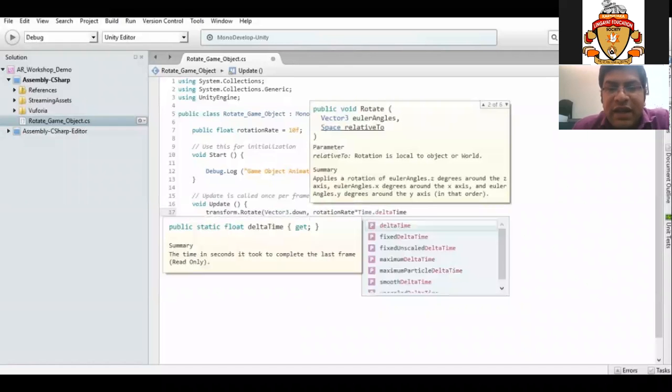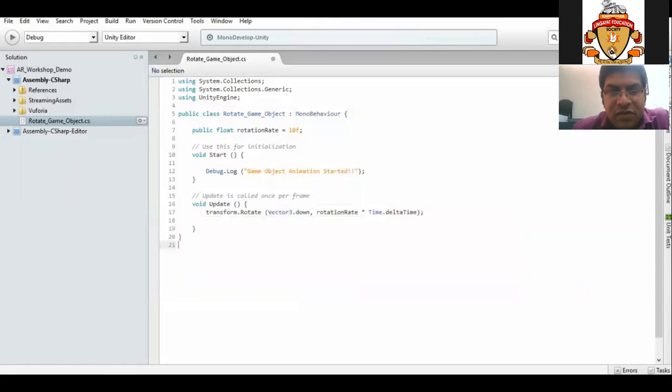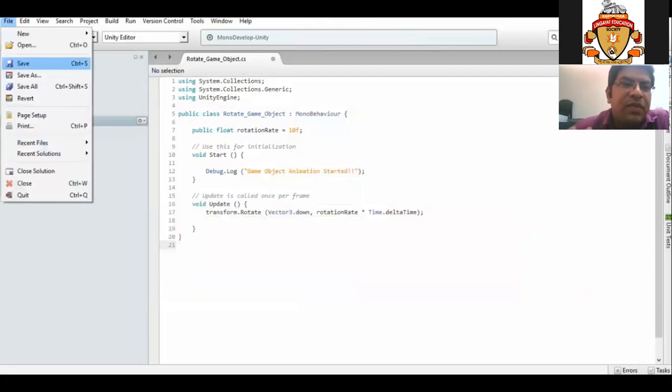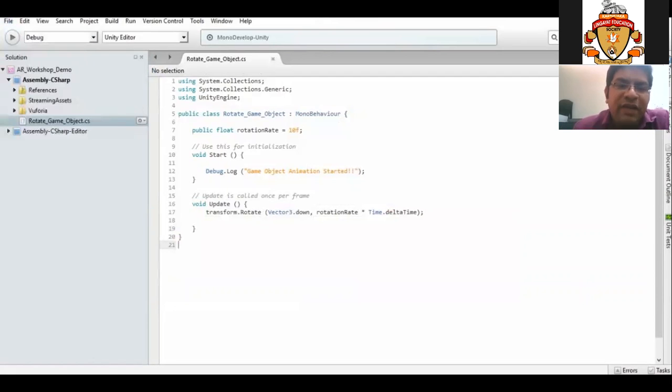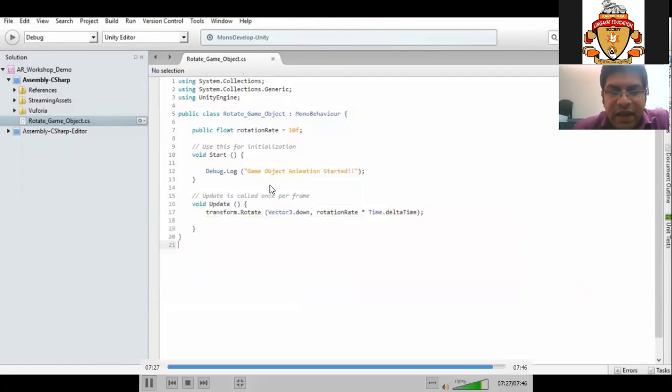For each and every unit time, defined by delta time, the rotation rate multiplied with that delta time will be the speed. So this is the simple program to animate the behavior, where we will see how the game object is animated.